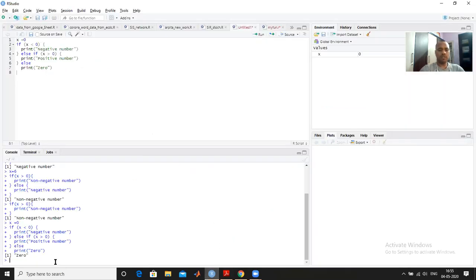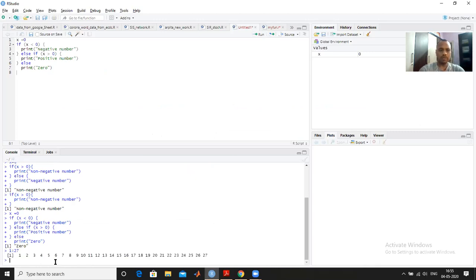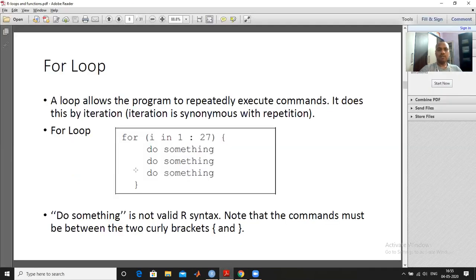Suppose I write here 1, then colon, then 27, and enter. It will generate a sequence from 1 to 27. Here we are checking whether this i is from 1 to 27.